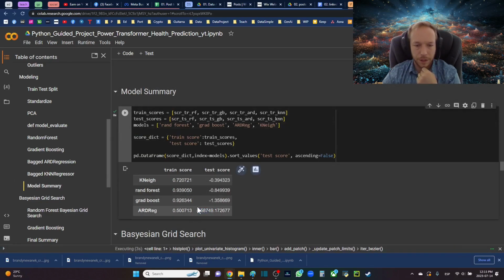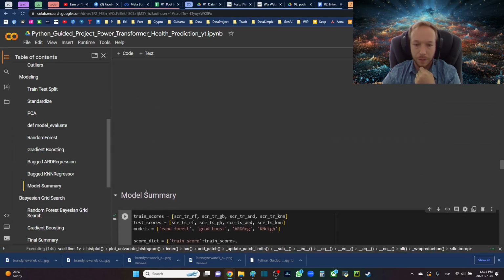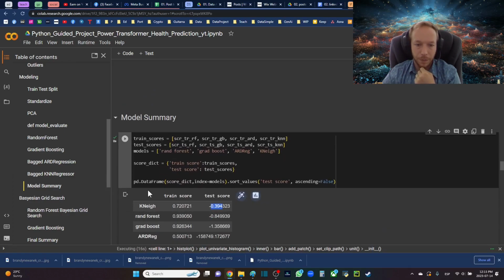I'm realizing that I don't think the test score was this bad the first time I did this. It really shouldn't be so highly negative. My guess is a little bit of overfitting now that we're experiencing. What I'm going to do is try rerunning this now